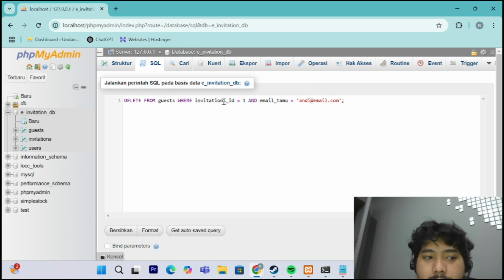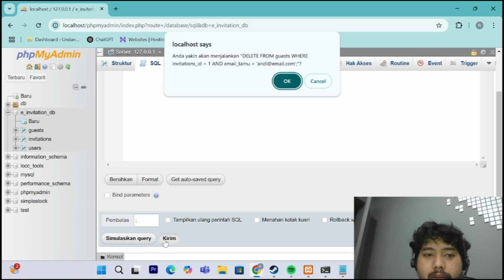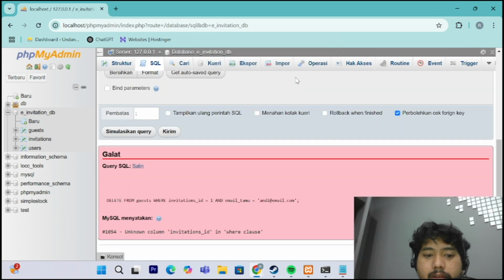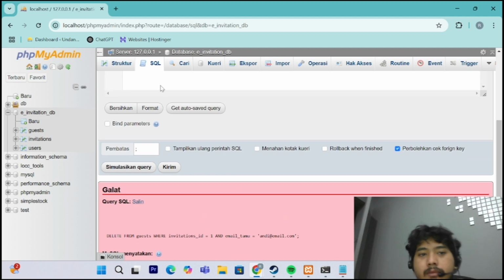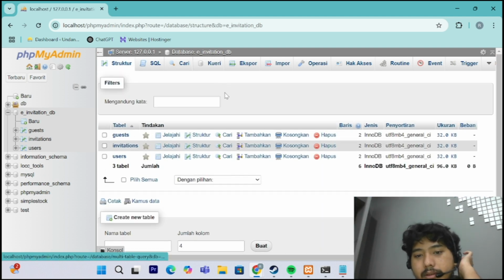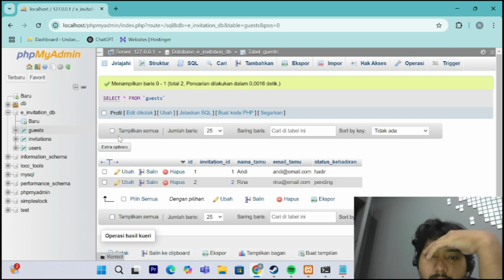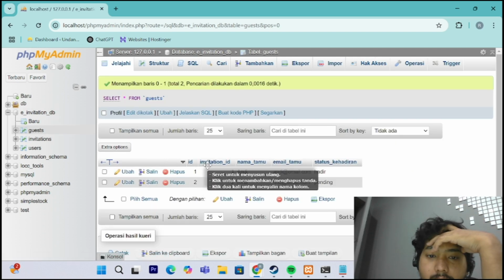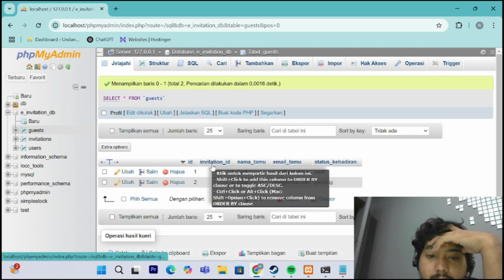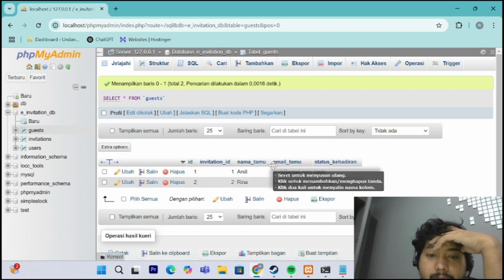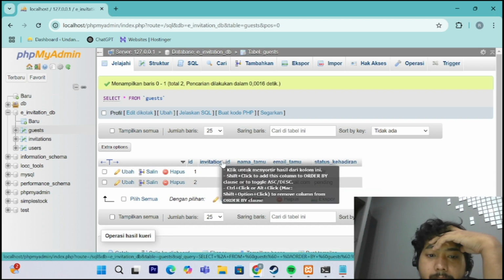From this where invitation ID is and email tamu is the email.com. Try again. Is there a problem with it? Invitation. Let me check again, guys. Invitation. Do I have some typo or what?